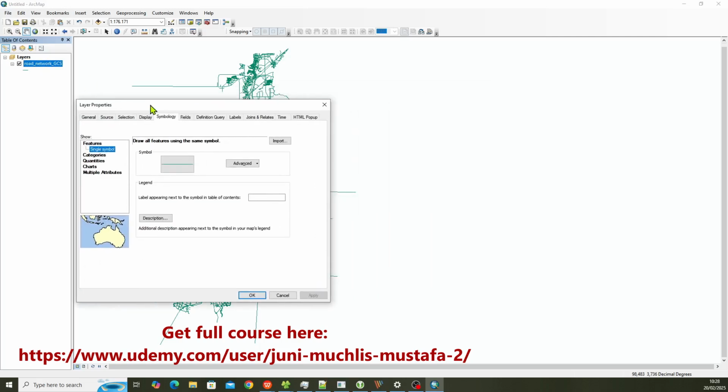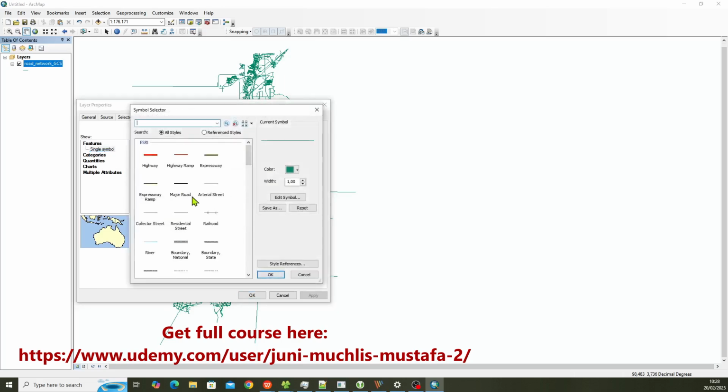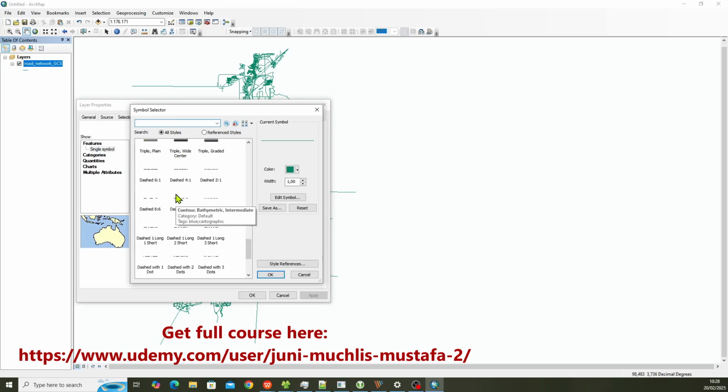Okay, and the same layer properties dialog pops up, and we can click the symbology tab here, and we click the single symbol under the features tree, and here the symbol, we click here, and another dialog pops up, which is the symbol selector, and here are the predefined